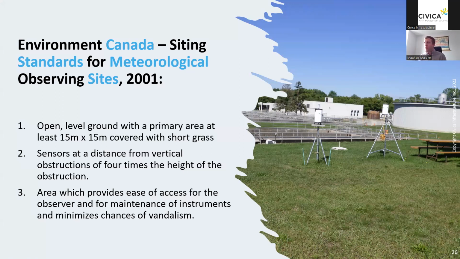So for rainfall monitoring, we typically install rain gauges. These are two rain gauges, actually at a wastewater treatment plant. They asked us to do two in this case, just for redundancy. But basically you want sort of open ground. You don't want trees overhanging because then you're not getting an actual sense of what's happening. You don't want any sort of vertical obstructions. There are definitely some good resources online on how to site your rain gauges,